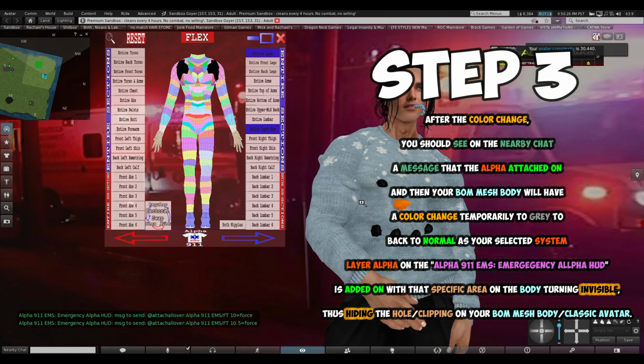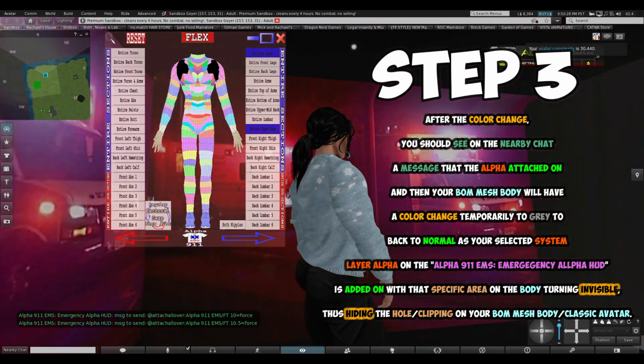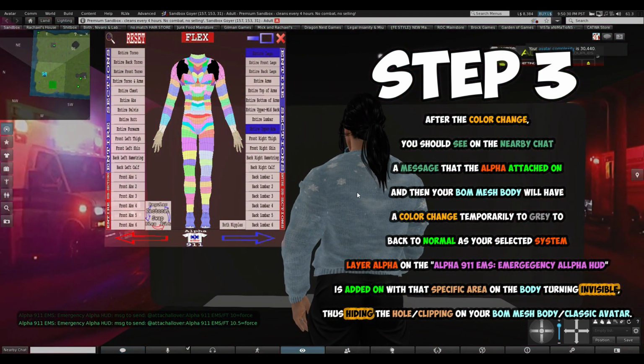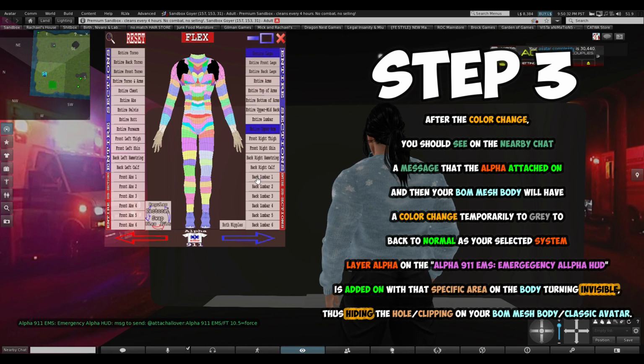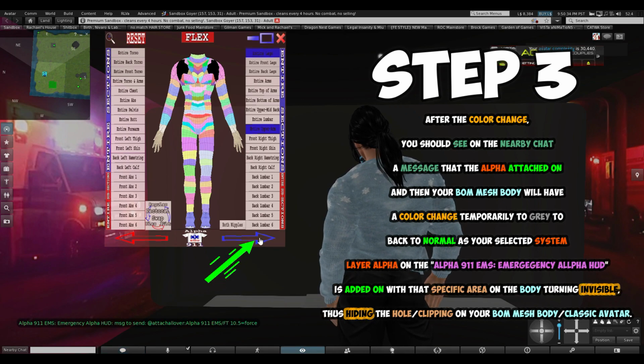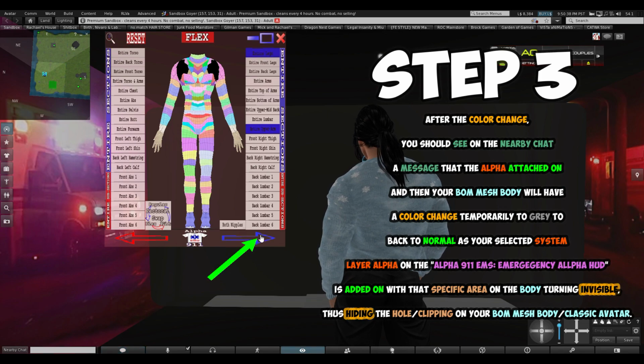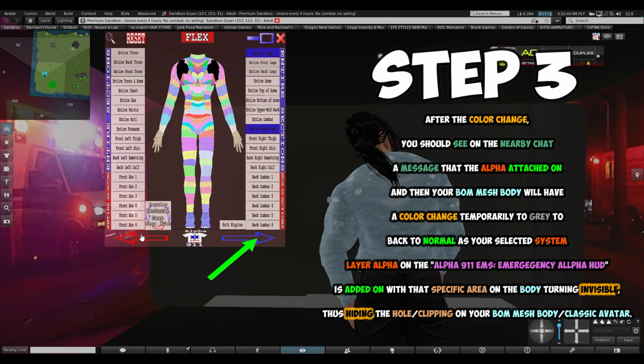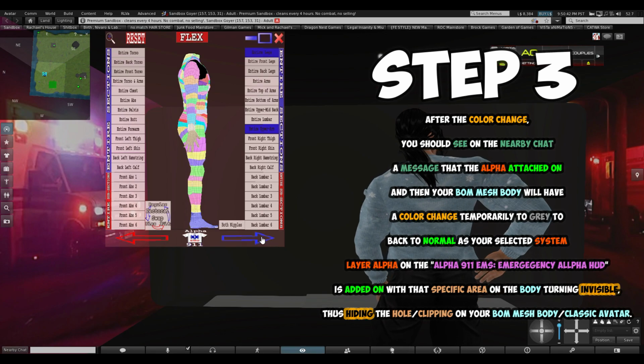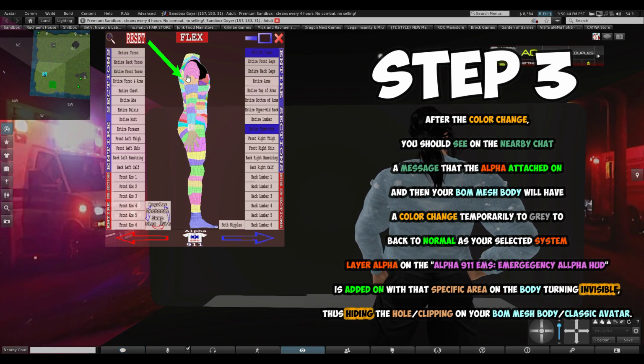As you see here, they went from multicolored, rainbow color to black. And over here, we want to take care of these ones here on the lower shoulder blades and armpit area. So you see the blue arrow here and the red arrow here. This blue arrow will turn it 90 degrees to the right, and this one on the red side will be 90 degrees on the left. So I click it here.